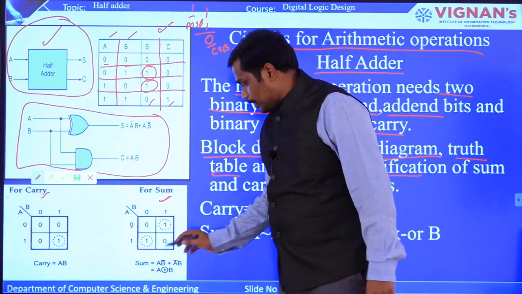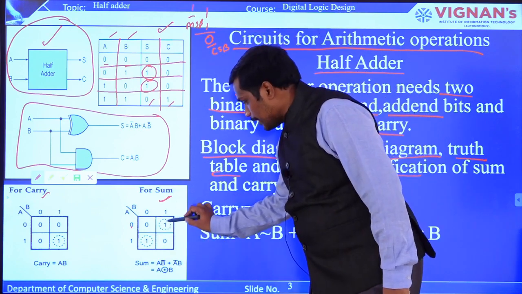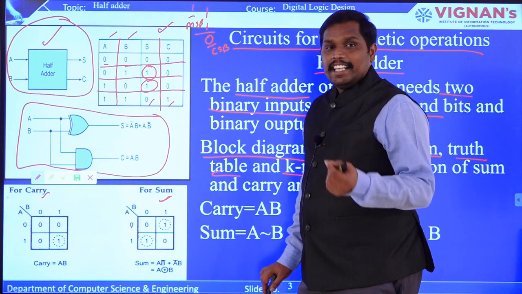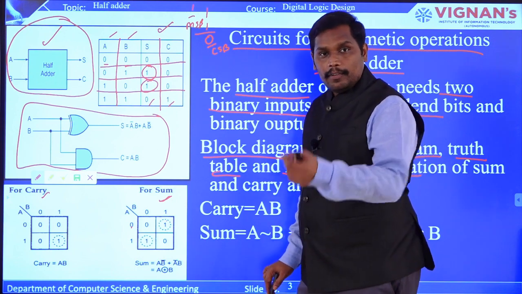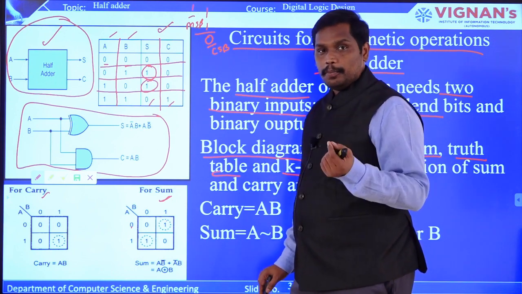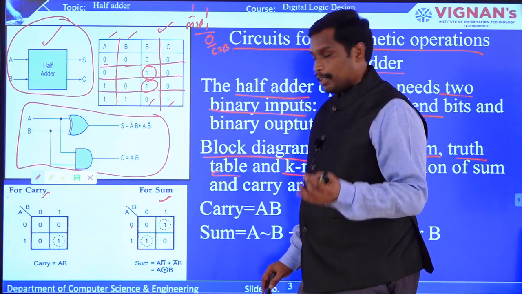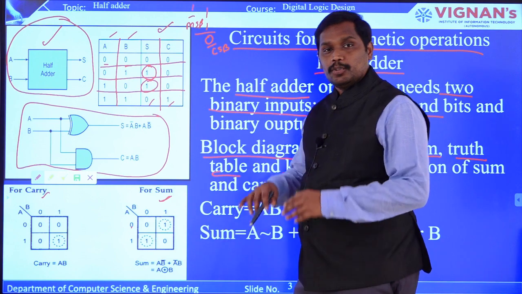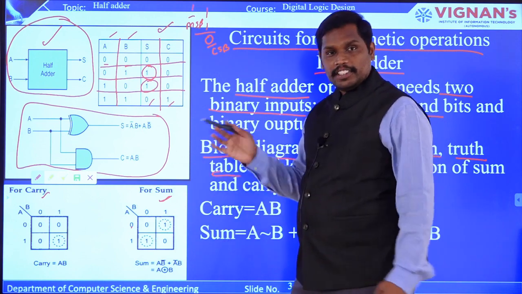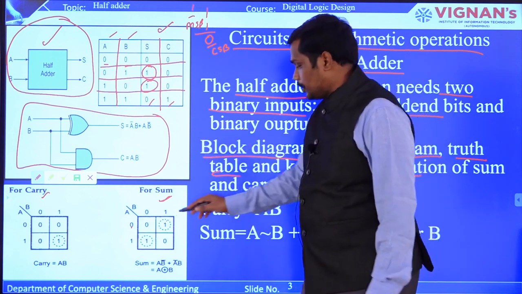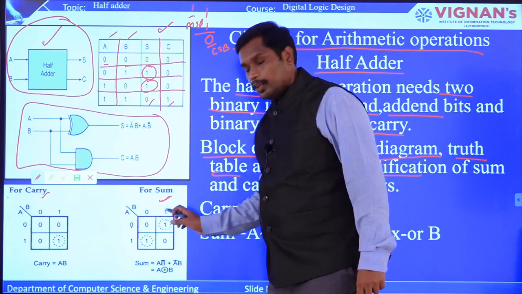Now for this particular 1, it doesn't have any adjacent ones to form a group. I hope you remember the pair concept, octet concept and quad concept. Here there are no adjacent ones to form a group, so these are called isolated ones. 2 isolated ones are there.